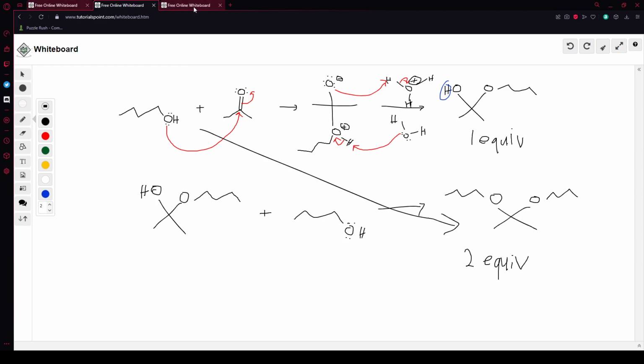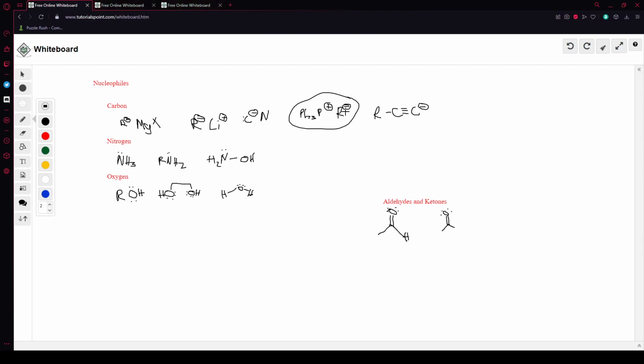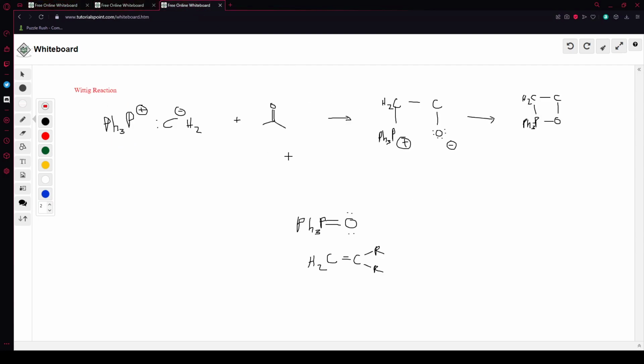Alright, so the last major reaction is the Wittig reaction. Sounds like with a V, not a W. And in this reaction, we are taking this special carbon nucleophile that I said we'd get back to, and we have a really unique reaction where it forms a ring and then final product, and then we get our final products. So we have our positive phosphorus and our nucleophilic carbon here,